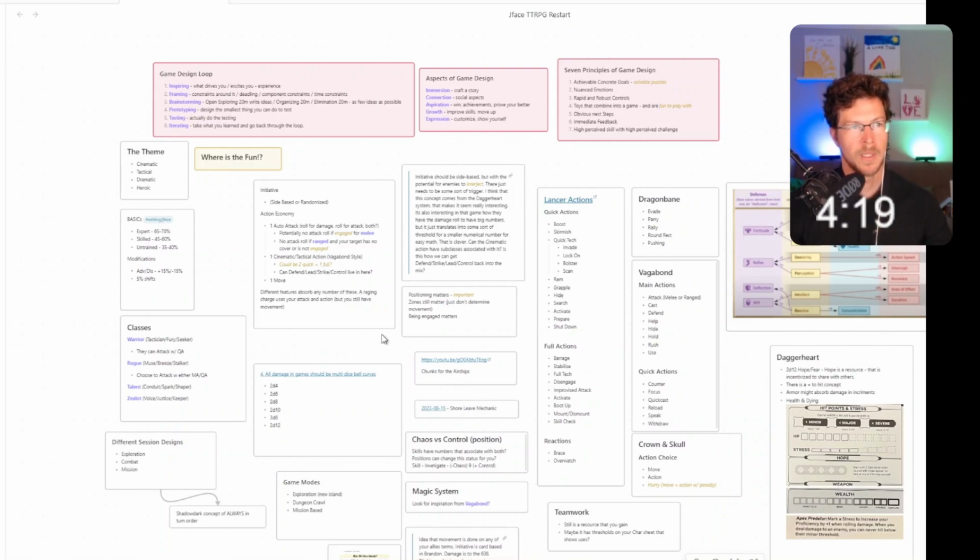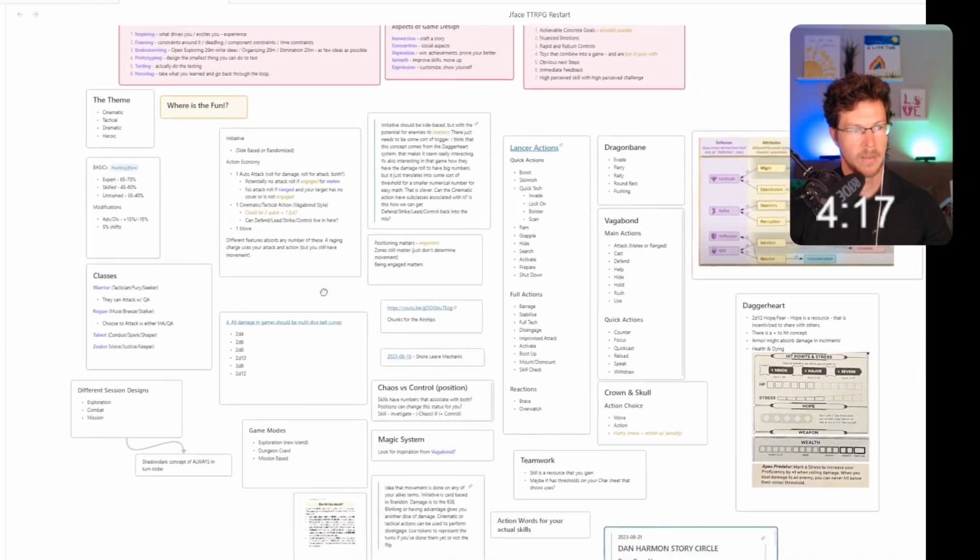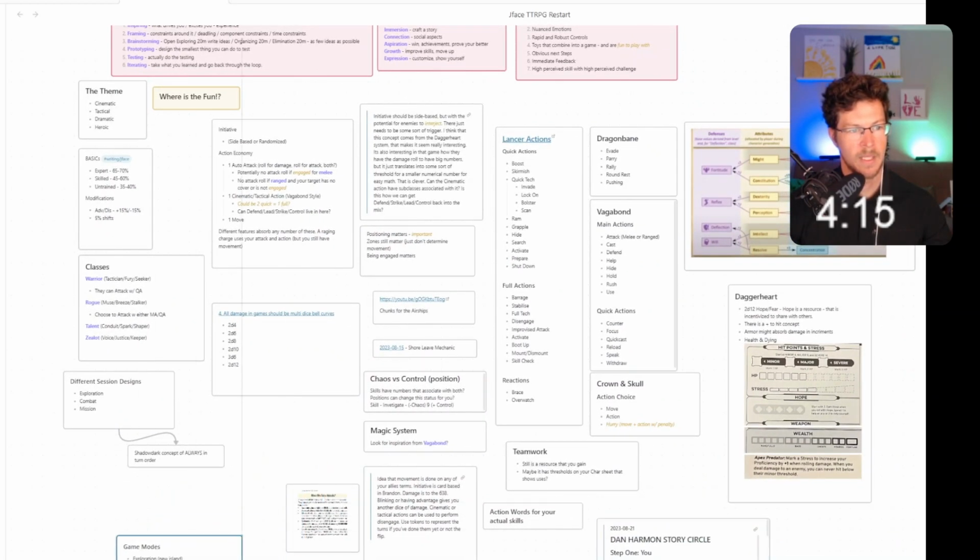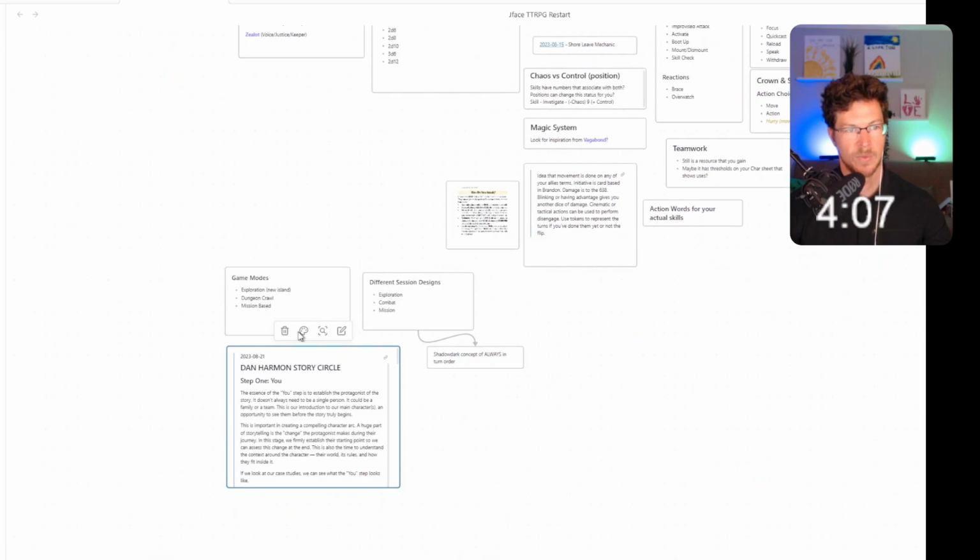I could probably organize this a little bit in advance, meaning like this. These are much more like, I'll come down here. These are much more sort of like session design.